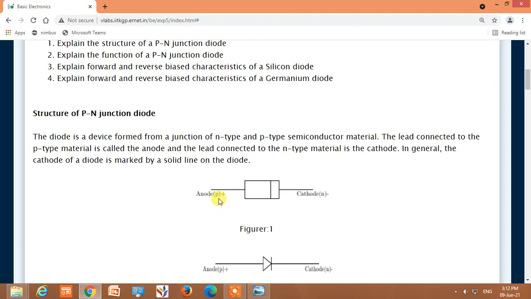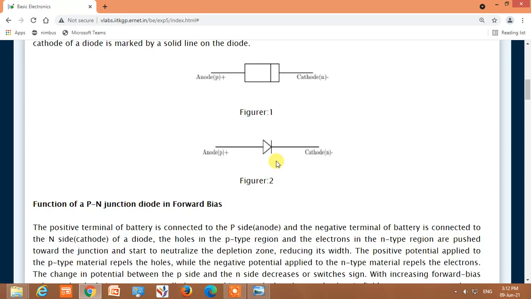It is generally the positive terminal. The n-type terminal is called the cathode. It is negative. So this is how the PN junction diode looks construction wise. This is the symbol. This arrow indicates the direction of current flow.